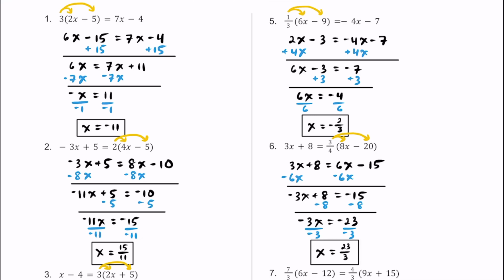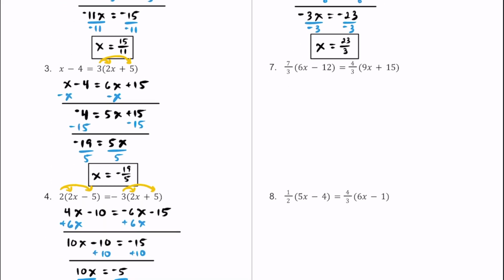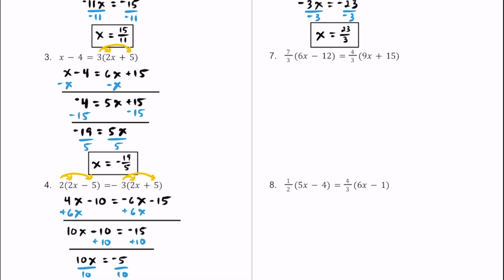This would be our solution. For number 7, it looks like we have 2 sets of parentheses again. We have 7/3 times the quantity of the 6x minus 12 is equal to 4/3 times the quantity of 9x plus 15. So first, I'm going to go ahead and distribute this 7/3 to both of these terms in the